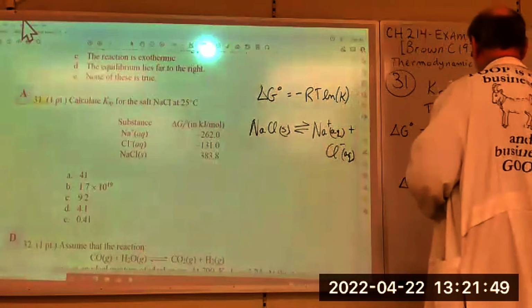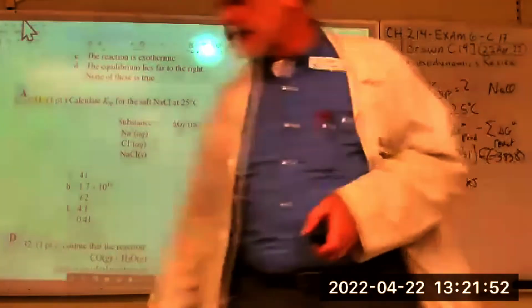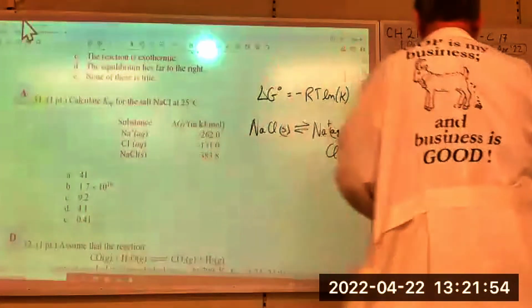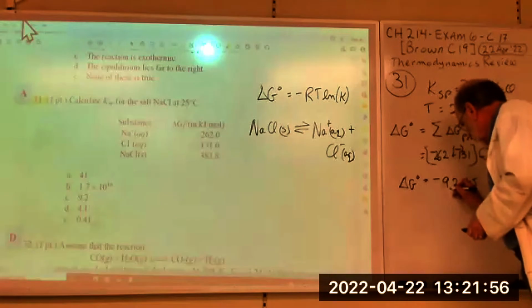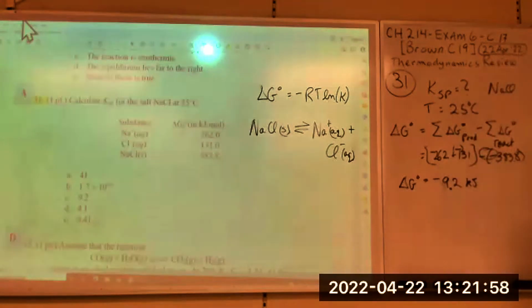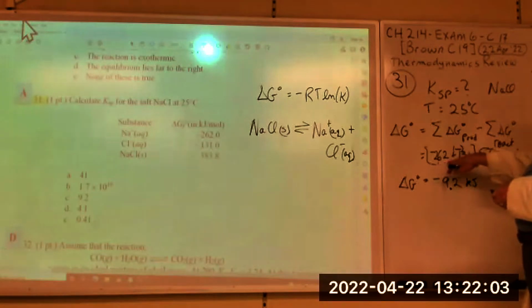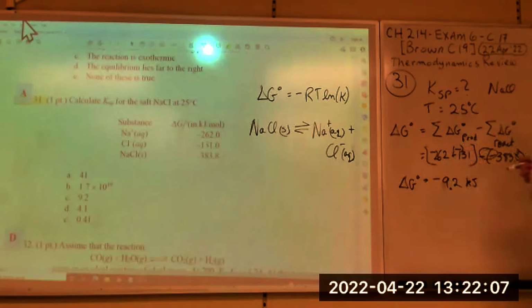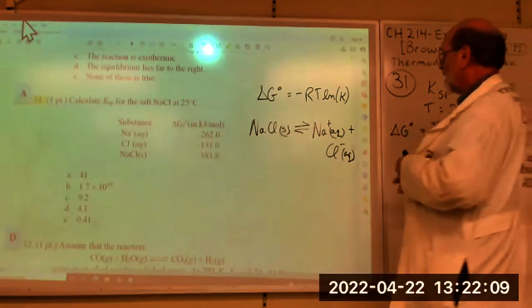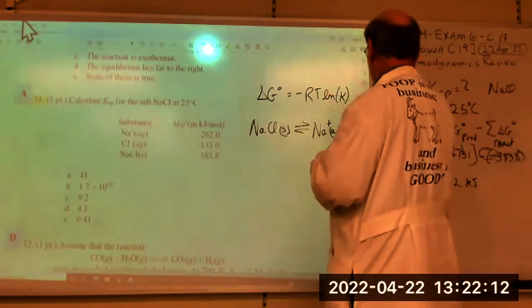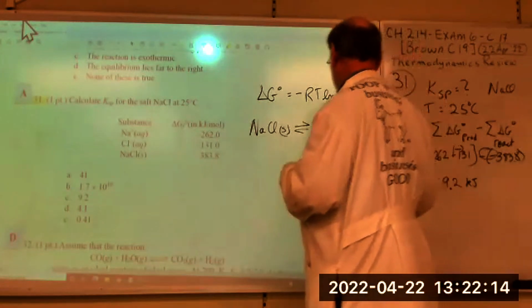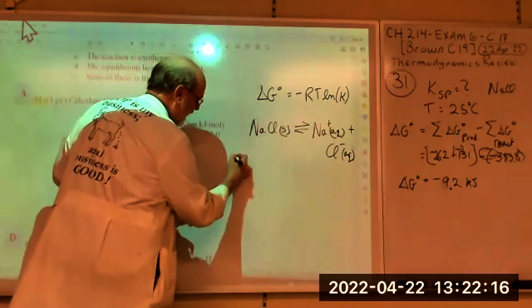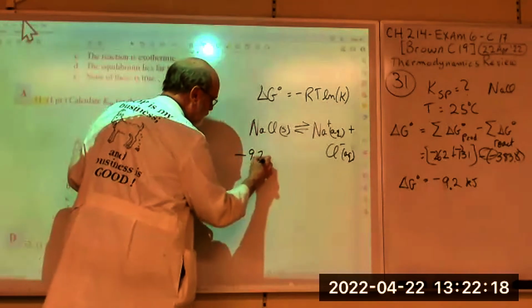Let's see, did I do that right? No. A decimal in the wrong place. 9.2. That makes more sense. This is about 390 and that's about 380. Yeah, that's better. Okay, now that we know that value, we can plug it in this formula and find out what K is. So we've got minus 9.2